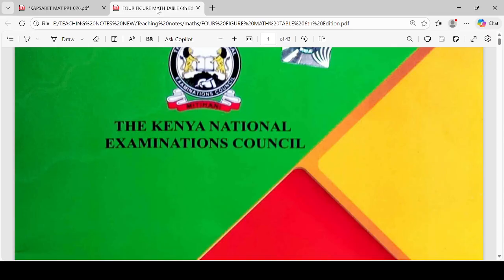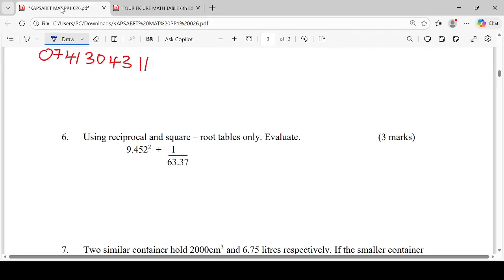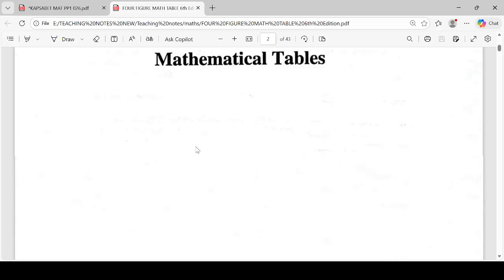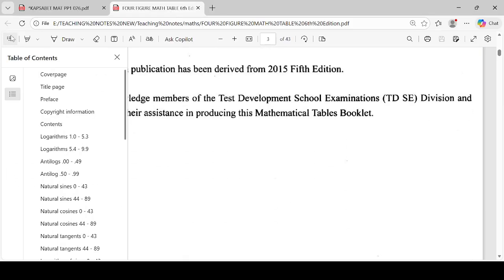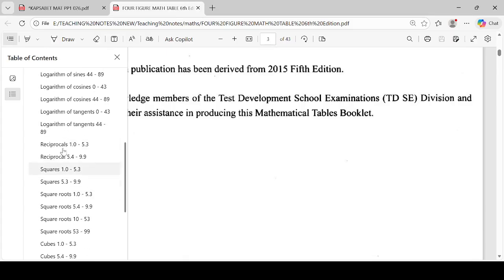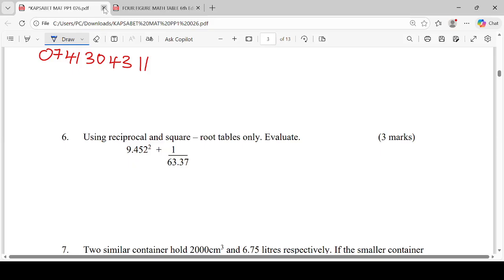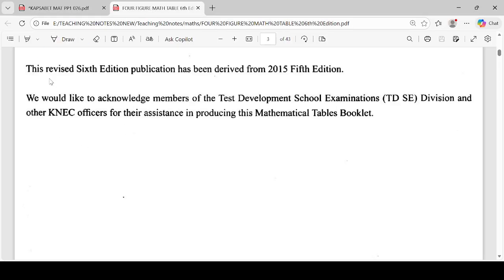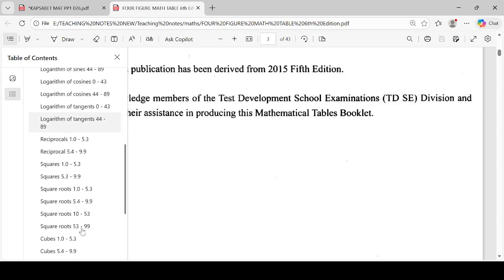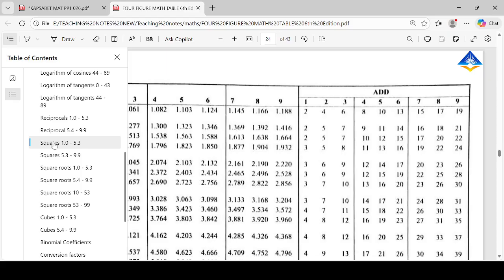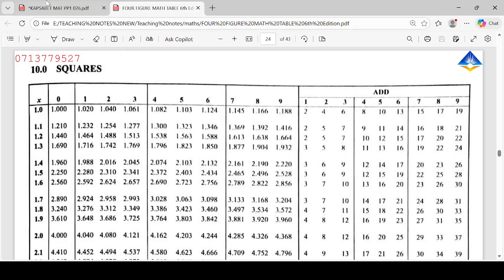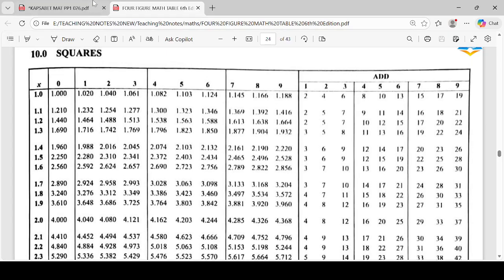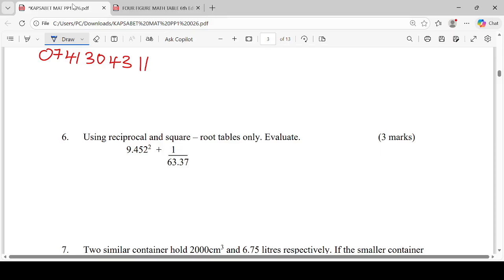All right, let's get to page 17. That's where we have the reciprocals. Or maybe before I get to reciprocals, it's good we get to squares and square roots, because when you look at here, it's the squares table, not even the square roots. Let's get to the squares table. I'm getting to the squares table. Here I am. In the squares table, we want to get the square. First of all, we have